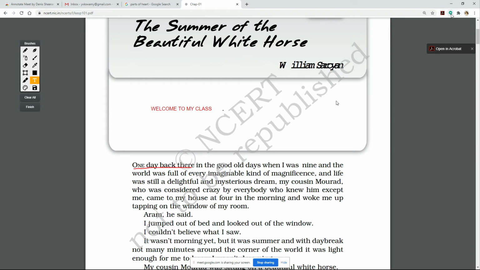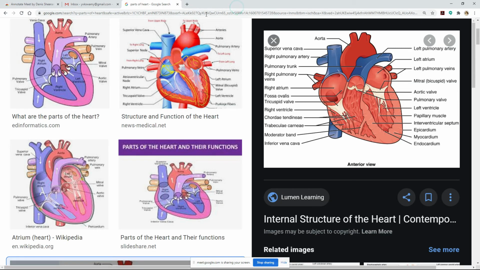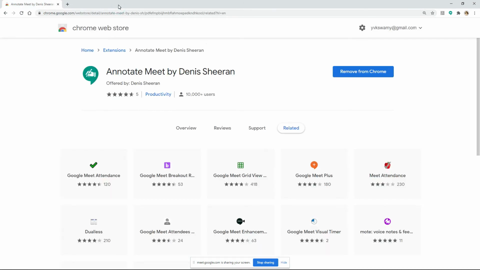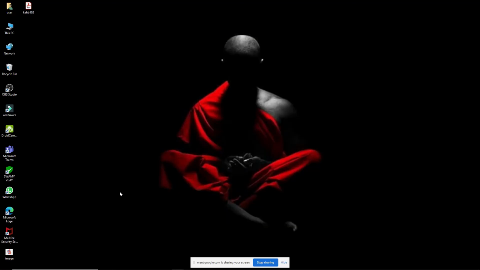But there is a method you can hack this, even using your PDF files or Word or even pictures. So if you want to explain the same picture or same thing without using Google Chrome, yes, that is also possible. Let me show you how to do that. First, let me minimize this. Let me open this picture.